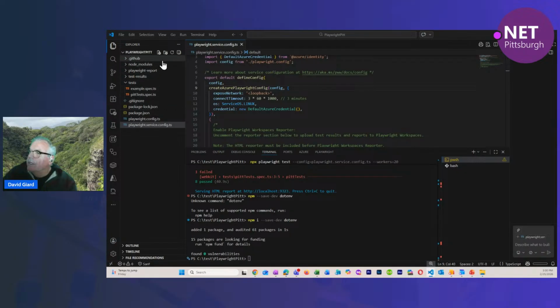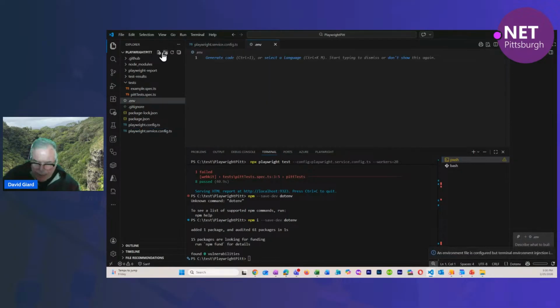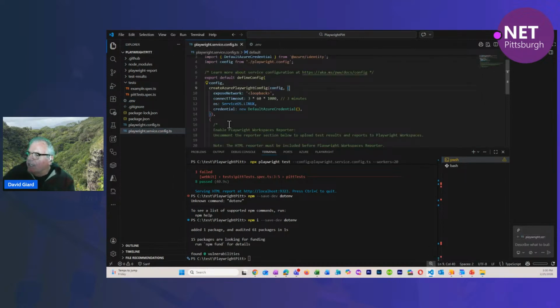So create a new file called .env, and in there I'll put my Playwright service URL. That's the same thing I did in the command window, except it doesn't have the word export or the word env colon in front of it. It's set right here. And then in my config file, I have to tell it where to find this environment variable, which is, yeah,